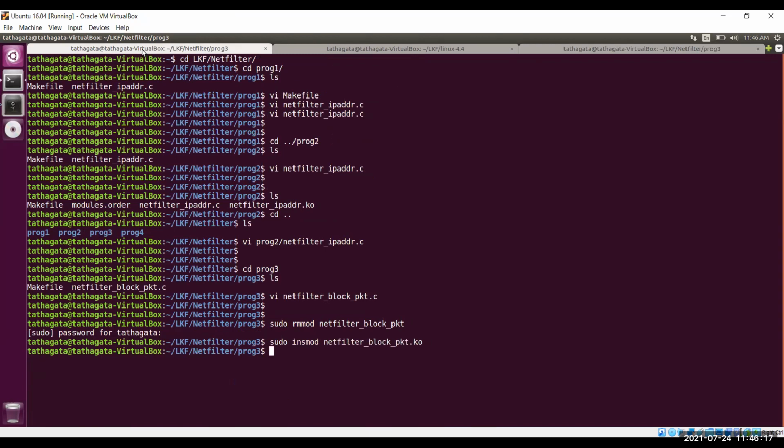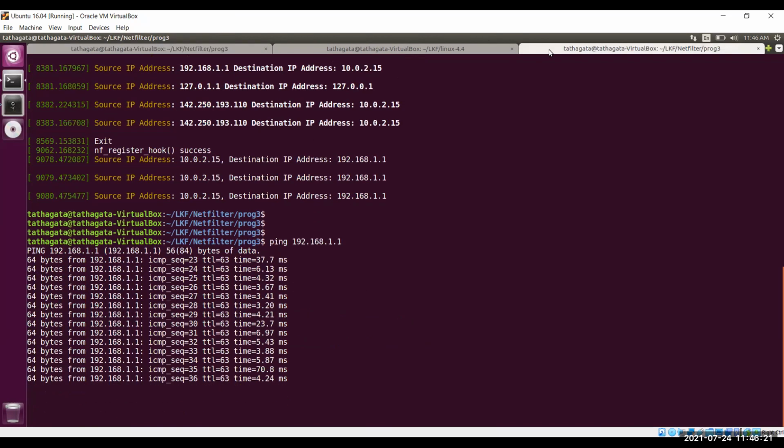I'm showing you this example because it is not that only after installing the module, if you run the ping program, then ICMP will be dropped. It's not like that. It is checking every packet after you install your kernel module.